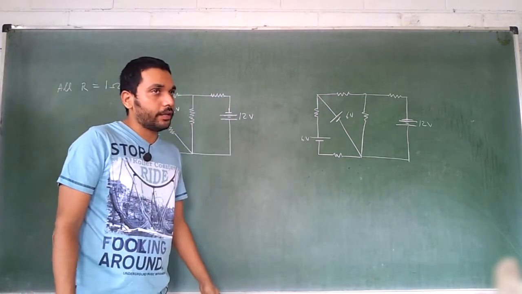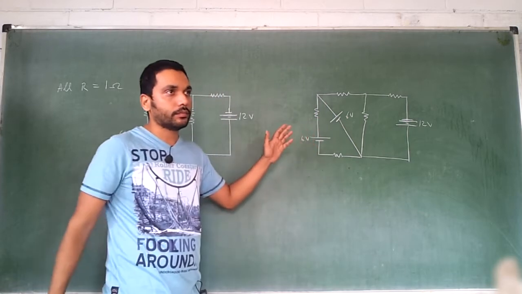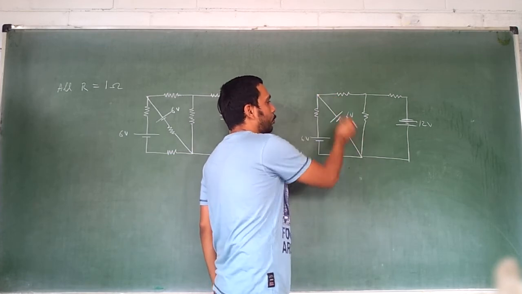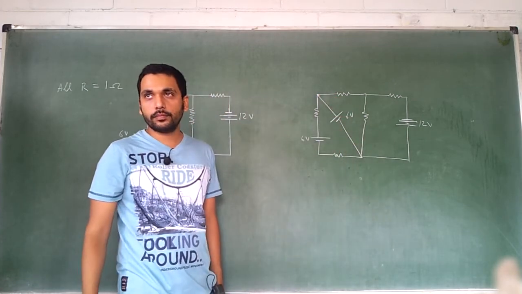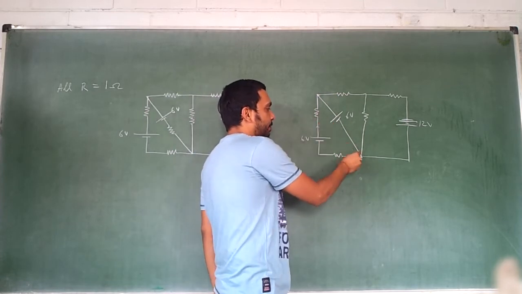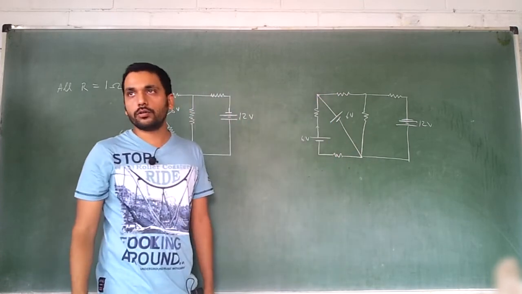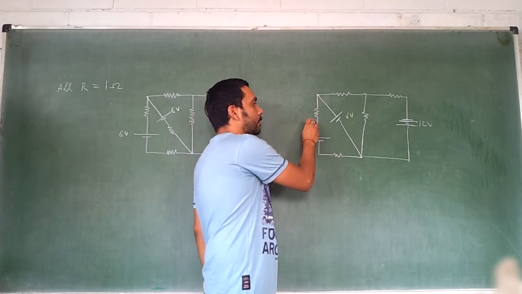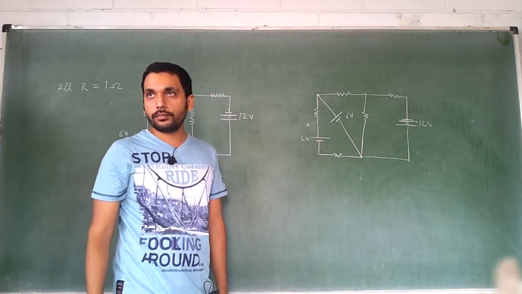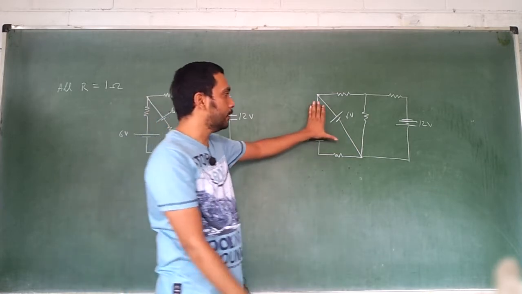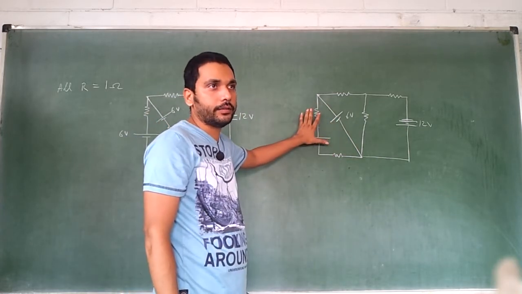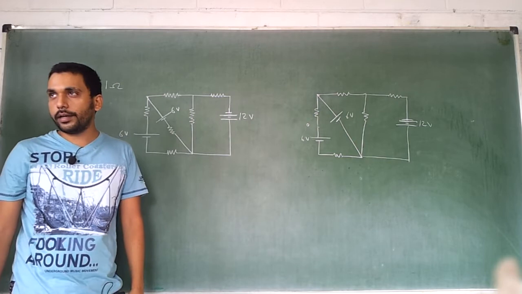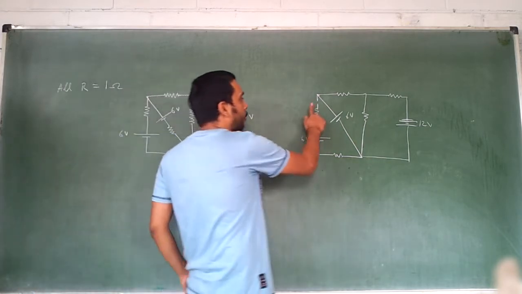What is happening over here, can anybody tell me? This voltage from here to here, this voltage difference is 6 volts. If any current flows in this line, the voltage difference would not be equal to 6. Why? IR drop. Hence, I know there is no current flowing in this line. Get the point? Last time I told you, if you have a wire where no current is flowing, you can take off the wire. So you can take it off.